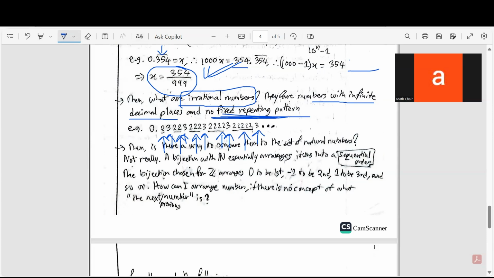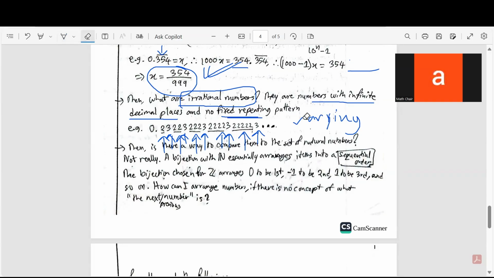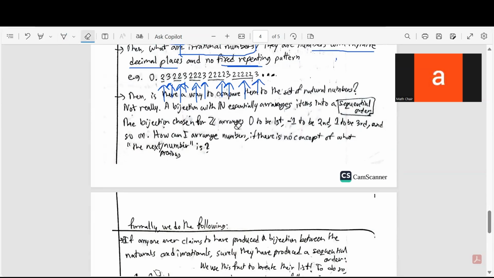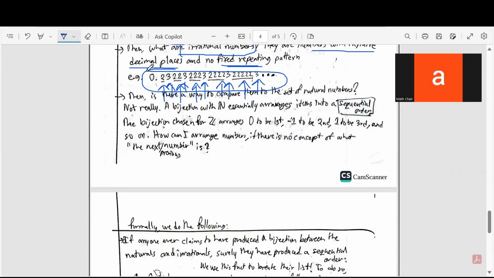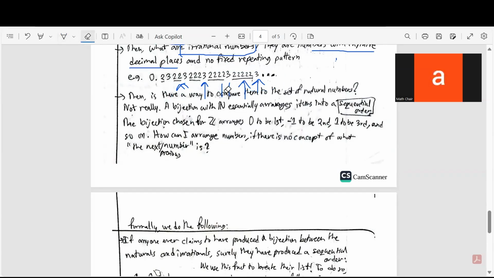At least, I mean, there is a pattern here. The issue is it's of varying length. The portion that repeats has a varying length and not a fixed length. So it's not a fixed pattern. The pattern is changing, you see. So when I'm dealing with something like this, there is no way to count it. Just no way to count it.